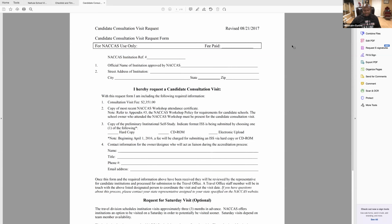So since y'all said yes, a couple of y'all did, what I'm going to do now, I'm going to show you the NACCAS checklist. Okay, can everybody see this checklist? Let me know if y'all can see this checklist. Okay, Amber said yes, Zandra. All right, now, if you look at this, what I'm going to show you on this,